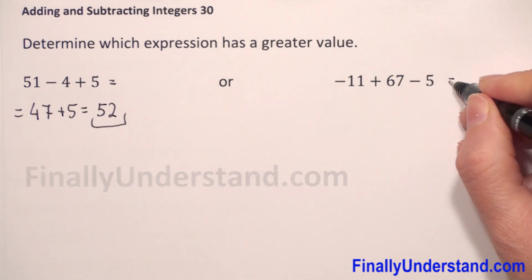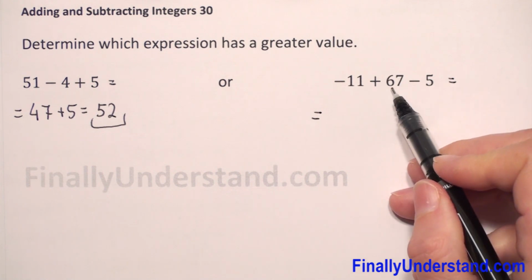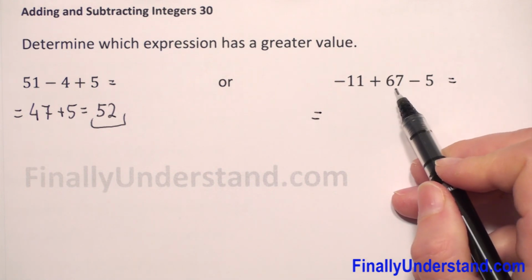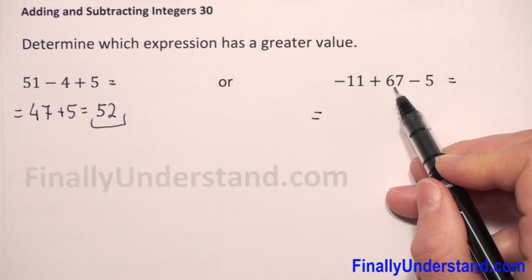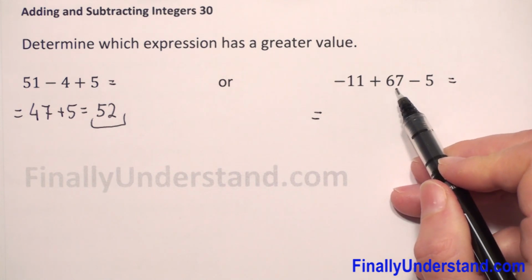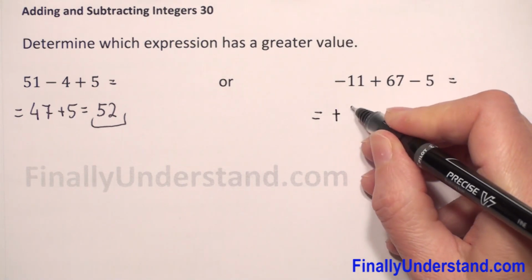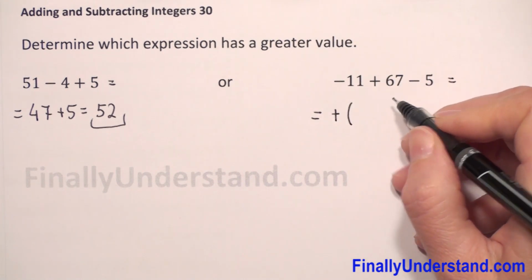We start from the left side. We have negative integer plus positive. How do we do this? We check which of these two numbers is greater. 67 is greater than 11. So we copy the sign of the greater number, so we have positive, and in parentheses we subtract from the